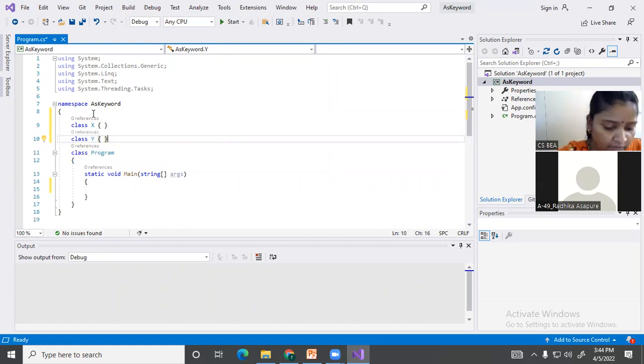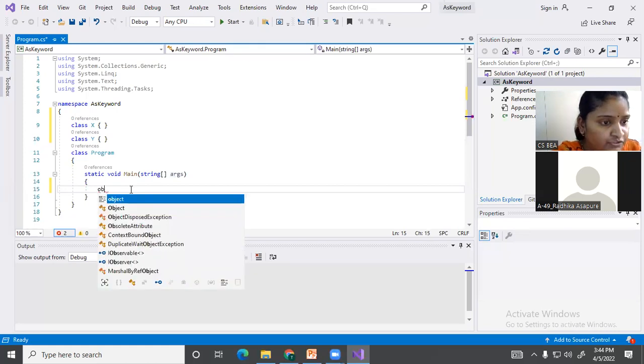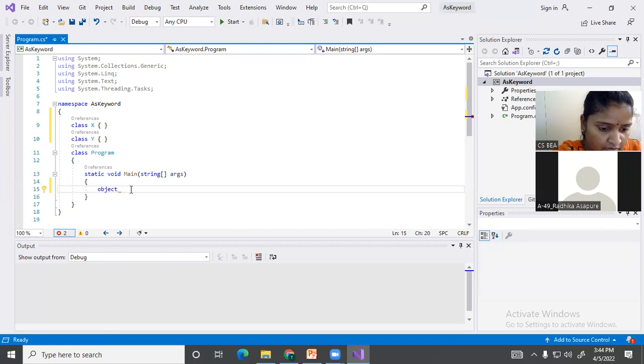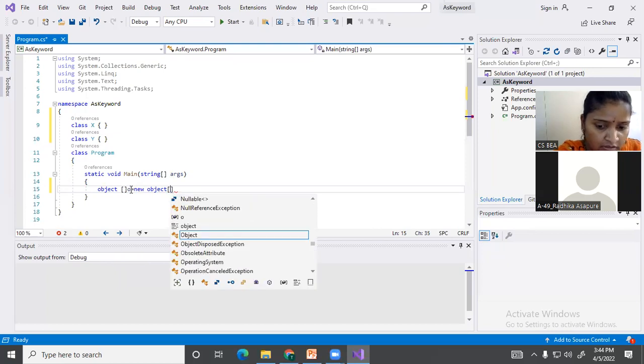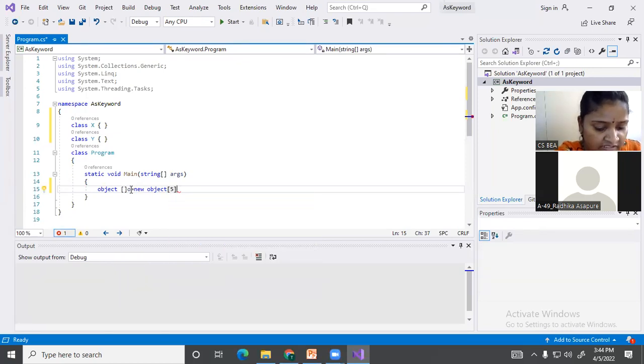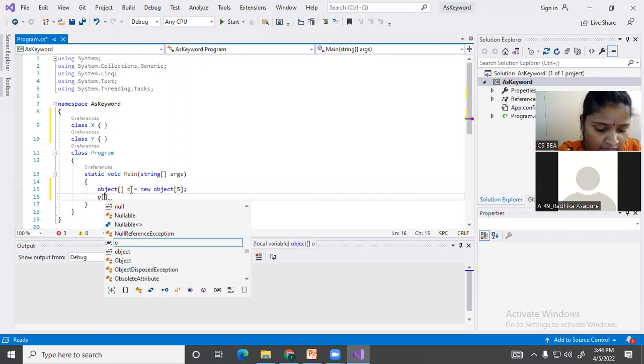Now in the main method, I will directly access the content with something, let it be an object array, considered over here, equals to new object having the size. I am creating and initializing an array over here because I need to pass some values. Okay, for the objects given, here I will take 0